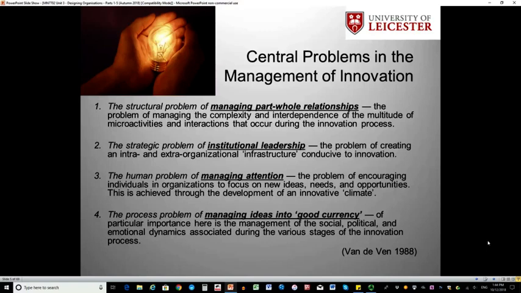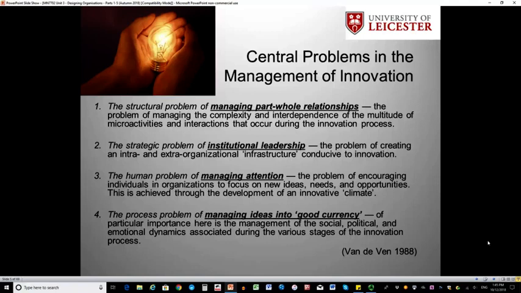So the human problem and the strategic problem are very interrelated. The strategic problem of creating a sort of infrastructure which might include process, structure and culture on the one hand, but also then looking at how individuals respond to that